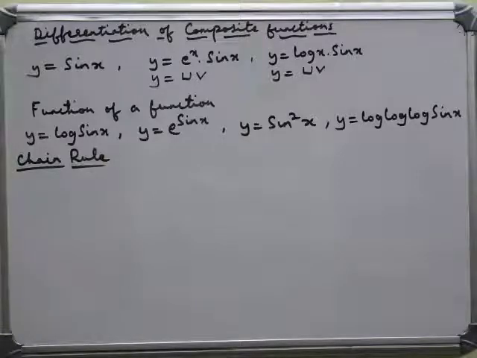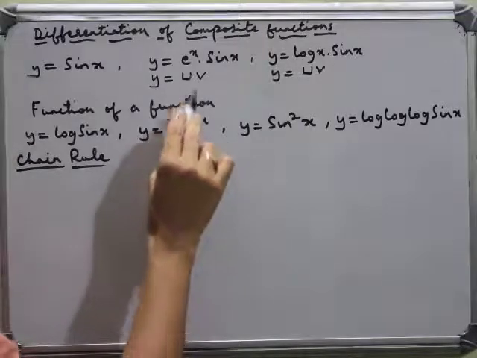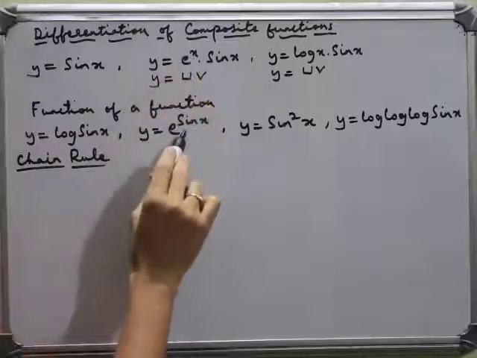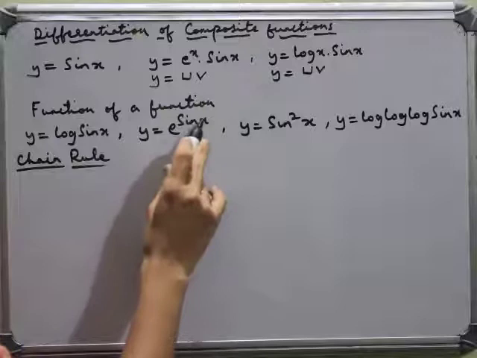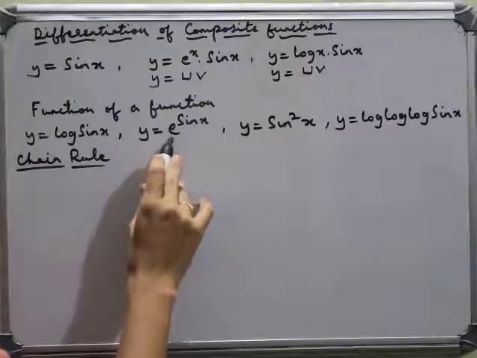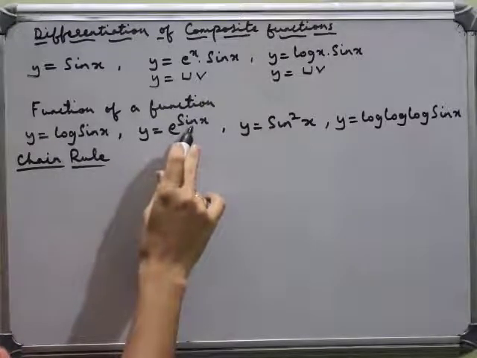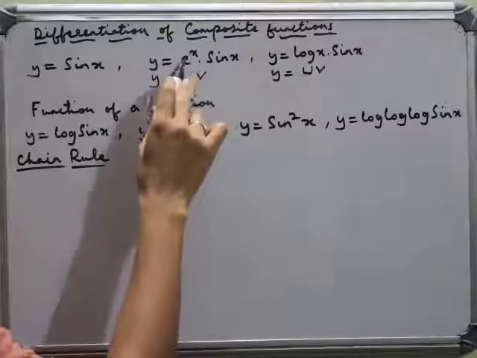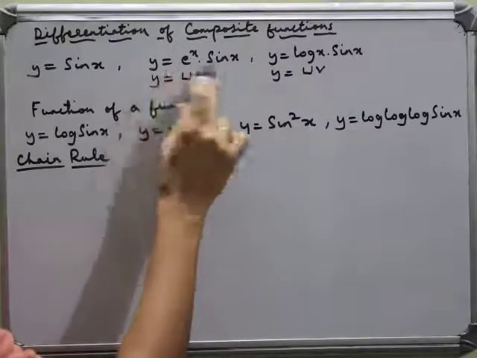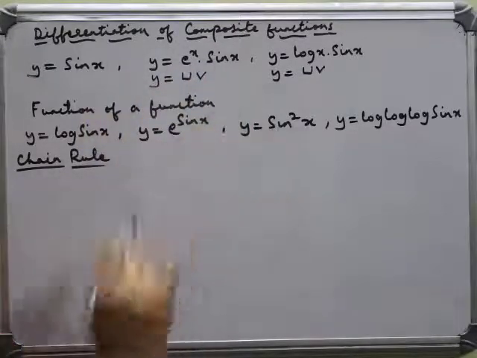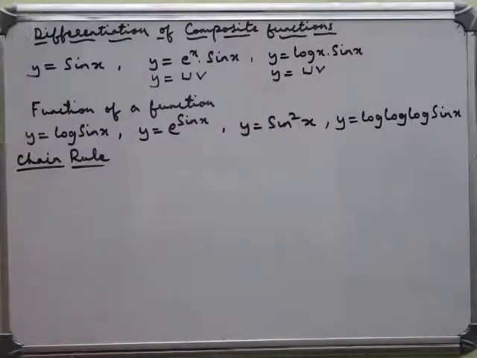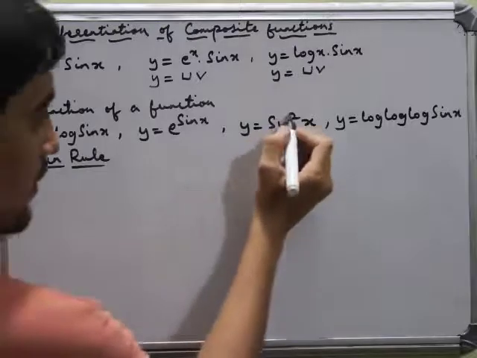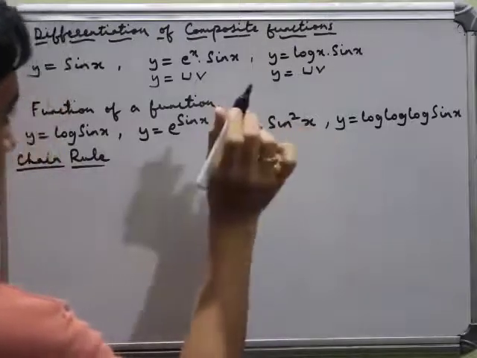Now let us see. y is equal to e power sin x. Here it was only x. In this case it is a function of an exponent. First, x is defined as a function of exponent and sin. These were two different functions. And y is equal to sin square x. There is a power function and then sin. Sin square x. Okay.